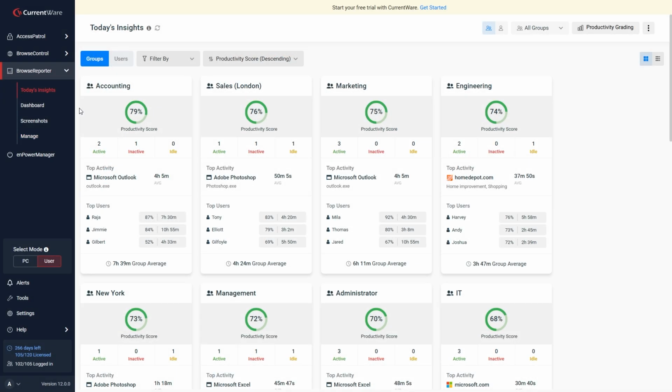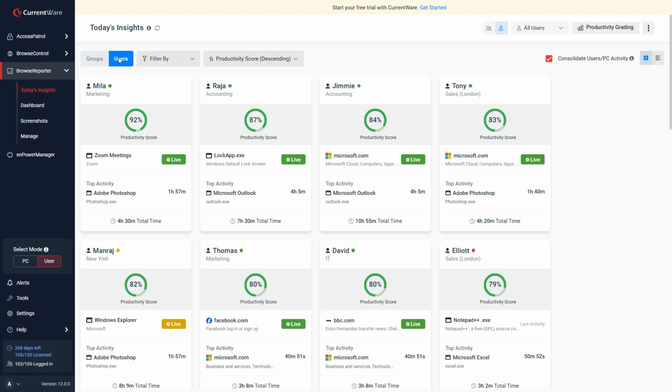Next, let's go over some of the dashboards available in BrowserPorter version 12. With the Today's Insight tab in BrowserPorter, you'll get a convenient snapshot of your team's most recent activity and productivity. Data is displayed in individual rows with information on their online status, their most recently opened website or application, how long the user has been there, and other key data points. With these data points available at a glance, your department leaders can log into the web console for a convenient, high-level overview of their teams.